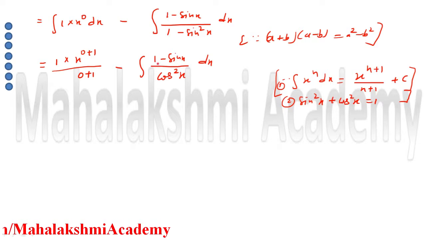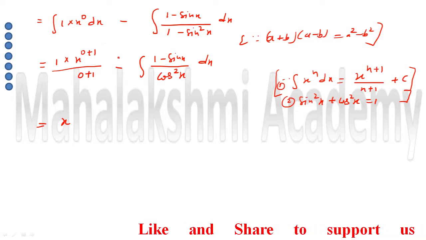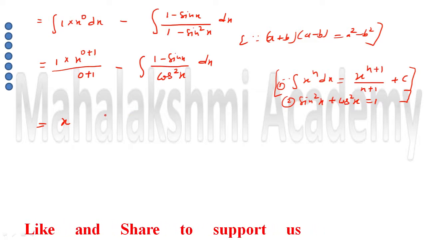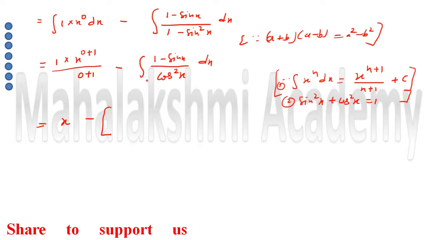Now again it came in fraction form, so I am going to separate the denominator. Here 0 plus 1 is 1 and this is also 1. In short, if you simplify, you will get the direct answer x. We can write the integration of 1 directly as 1 into x, but I explained here because I have to do the steps anyhow. Now here I am going to separate both the terms of the big bracket.